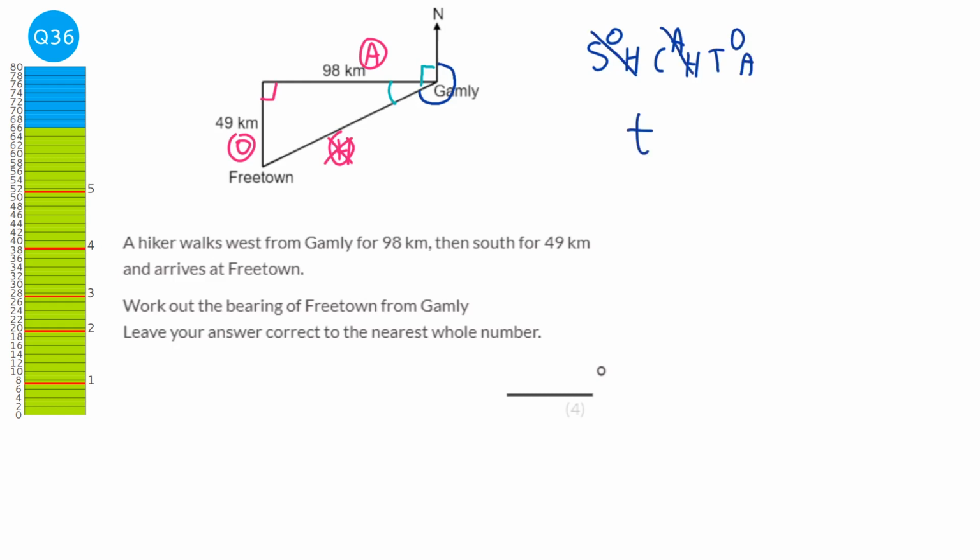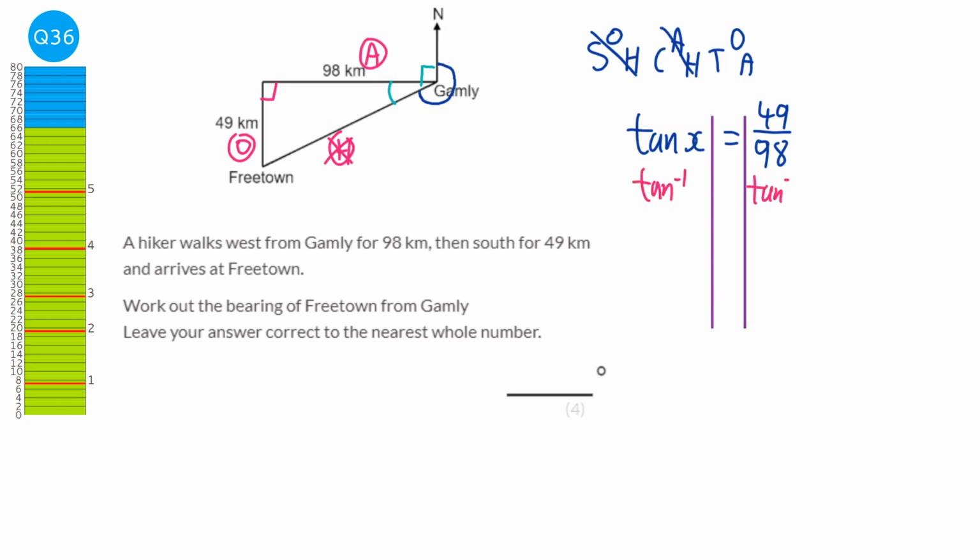So we're doing tan x equals the opposite over the adjacent, which is 49 over 98. Get our lines in, and we're going to do the inverse tan to both sides. So x equals inverse tan, which is